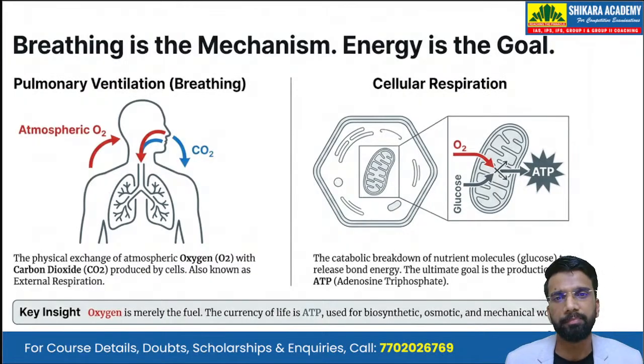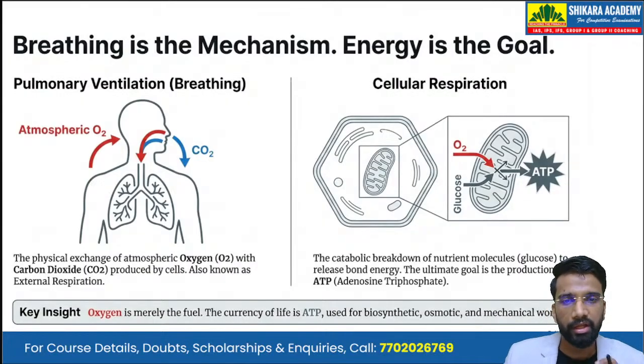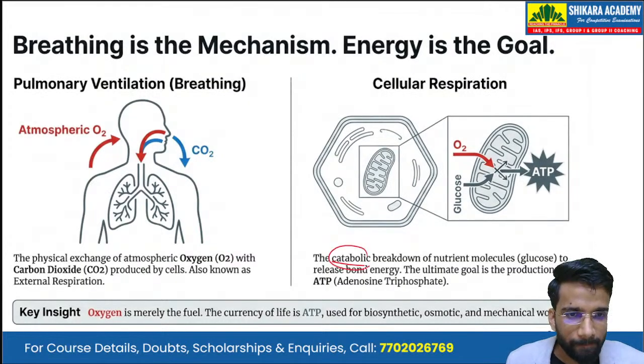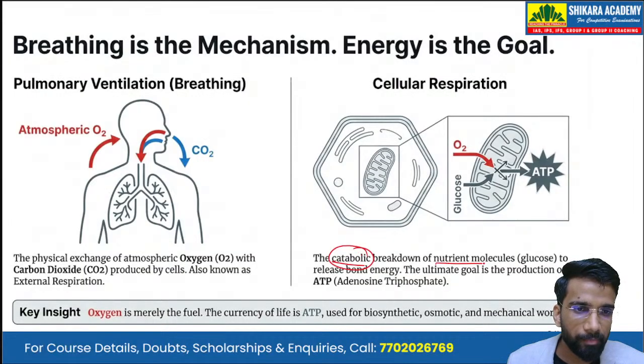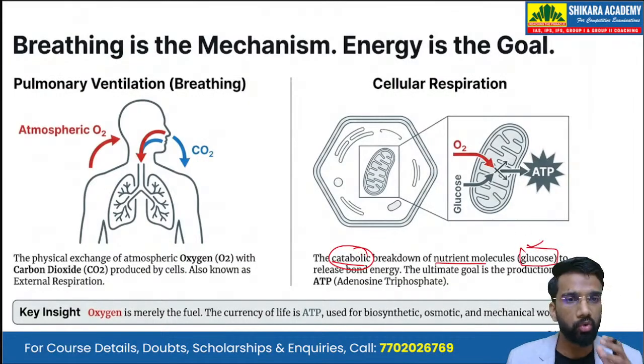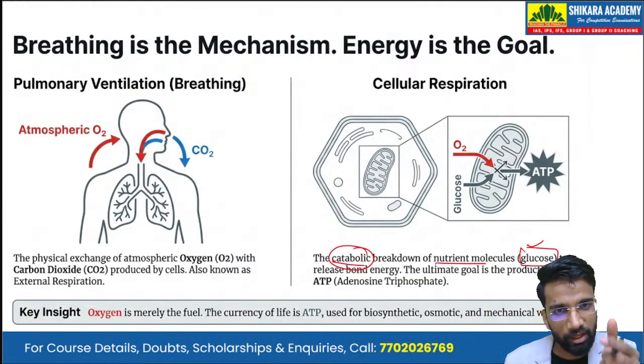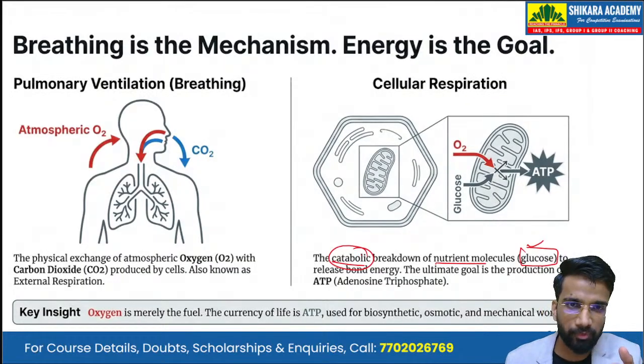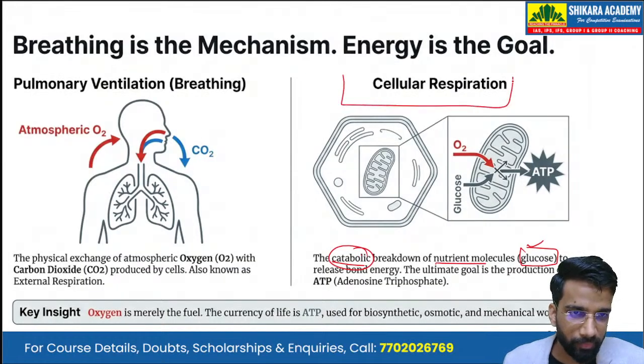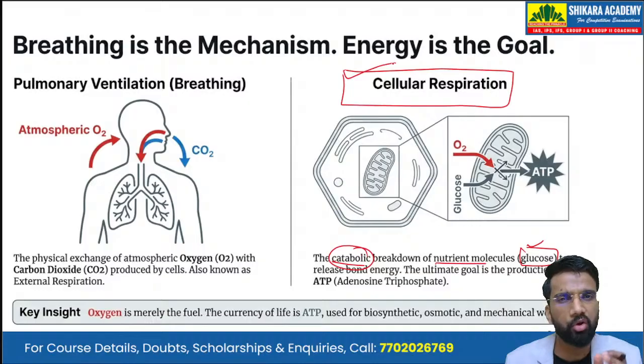But there is another step, one step ahead, and that step is respiration, that is cellular respiration. That is the catabolic breakdown of the nutrient molecules, mainly the glucose. We have got the glucose from the food that we have eaten, so that food has ultimately broken down into glucose. Now this glucose molecule gets further broken down by catabolic reactions, and that is known as cellular respiration. This entire process happens inside the cell, therefore the name cellular respiration, particularly in the mitochondria